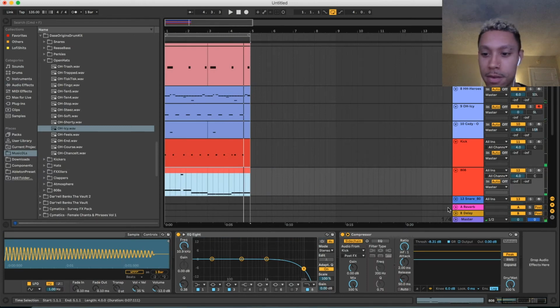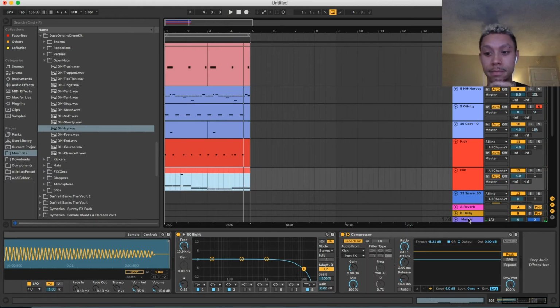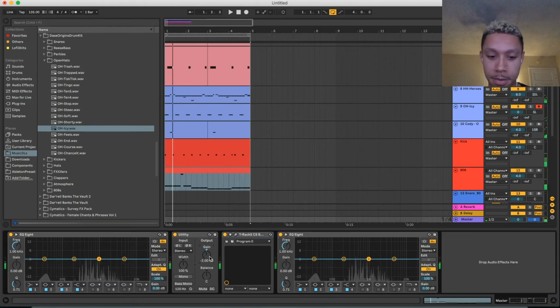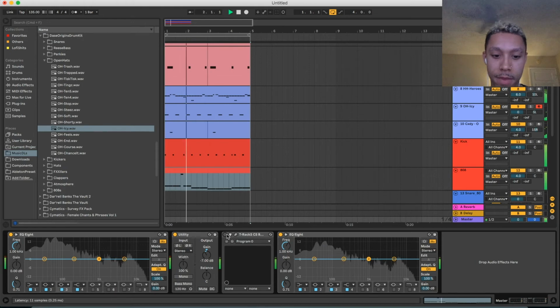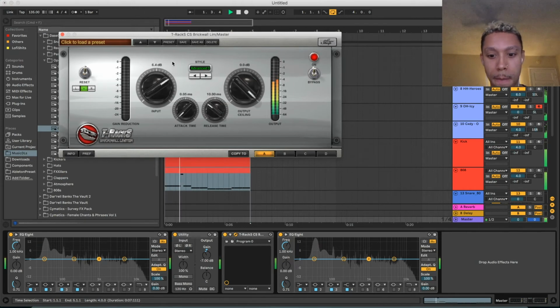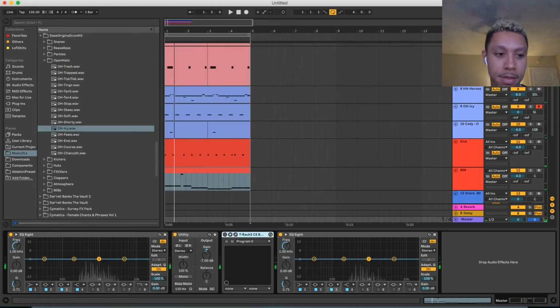So anyways, now after we got that, I usually mix my beats loud enough so I don't have to do too much adding of gain on the master. So for example, if this was normally how loud it was, I could turn this on and then turn the volume up until it's loud enough. About there will probably be loud enough. So most people don't have this. It's called the Hndrxx